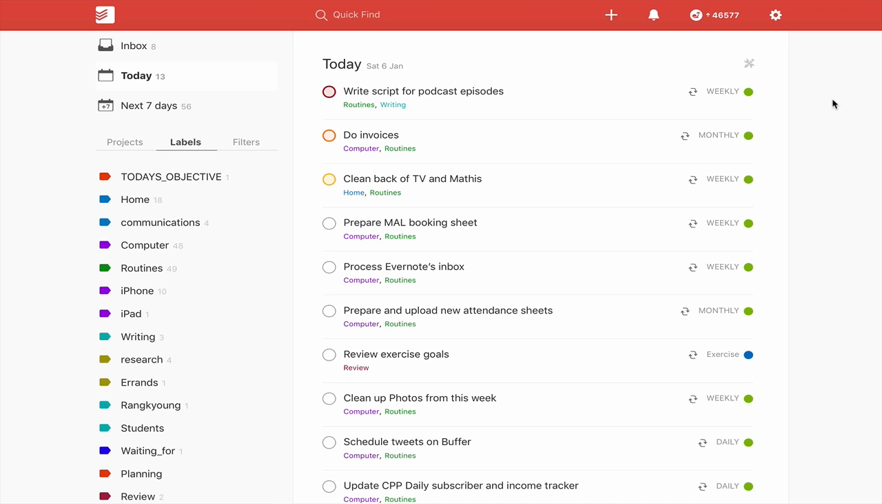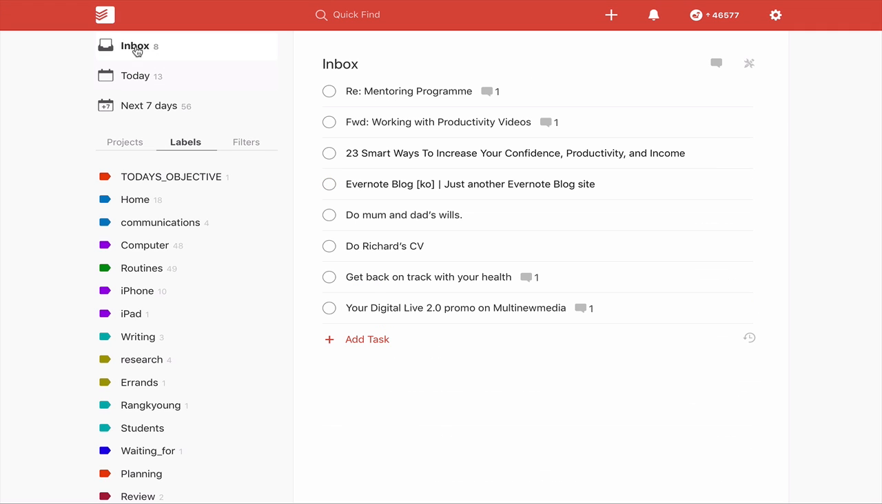So that was number 3. Use your priority flag sparingly. Number 4 is make use of the email feature in Todoist. It is the most important. I think it's one of the